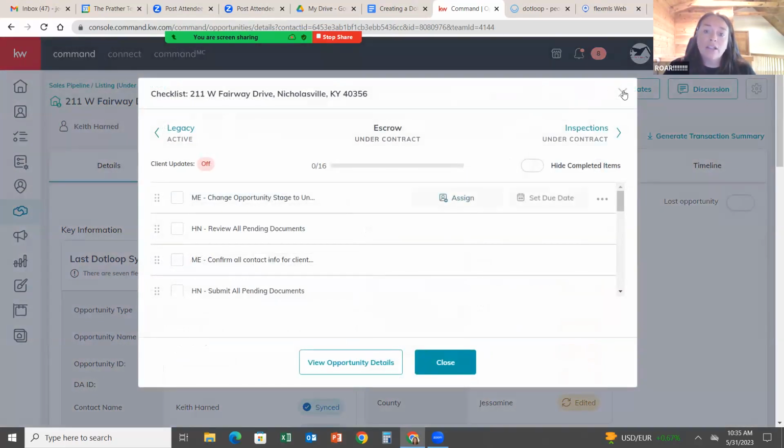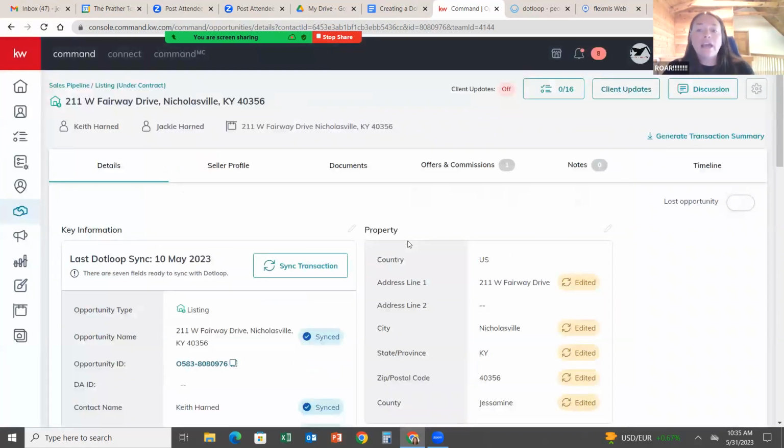So a good example would be at the end of a transaction. Of course, your transaction coordinator has certain things that they have to do, but then you can assign a task to the agent to remind them to go pick up their sign and key box, and it shows on their app. Every day they get a notification of whatever tasks are due that day, right on their app,